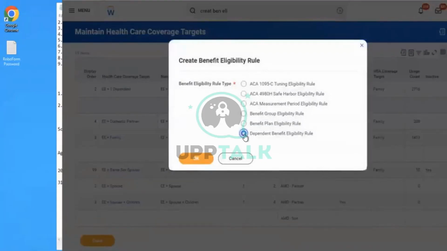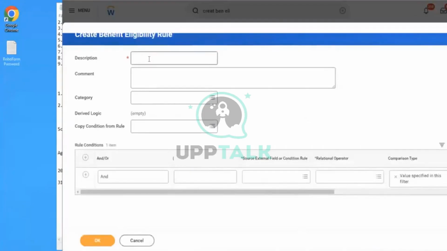Dependent benefit eligibility rule. Name it as